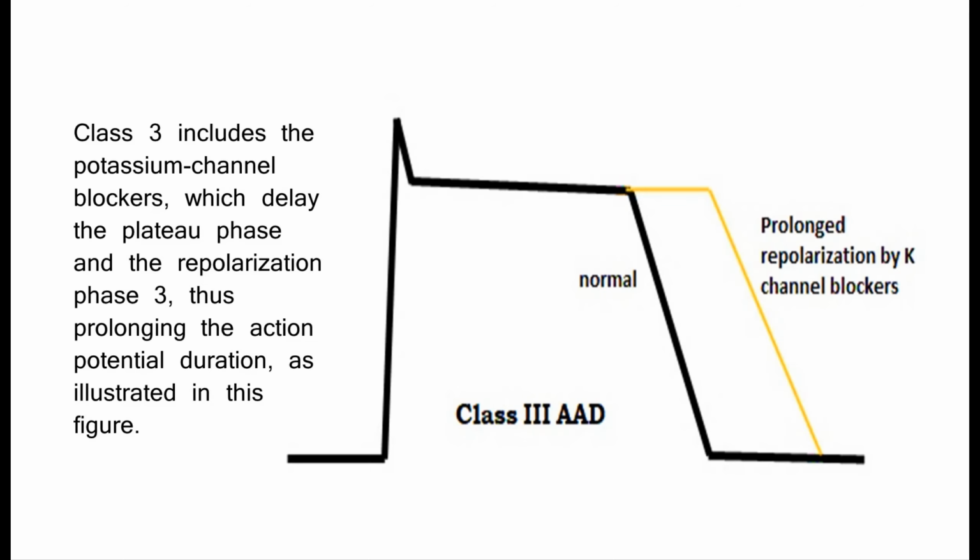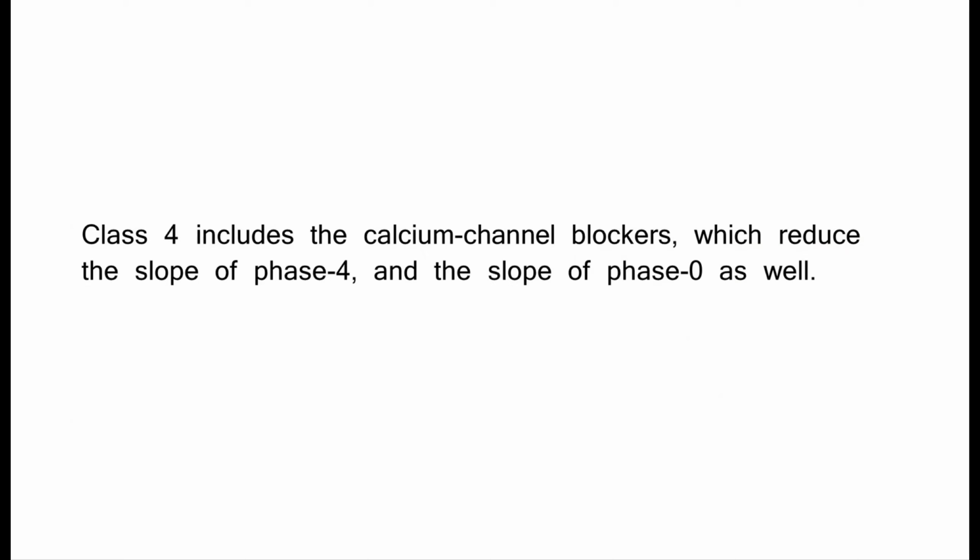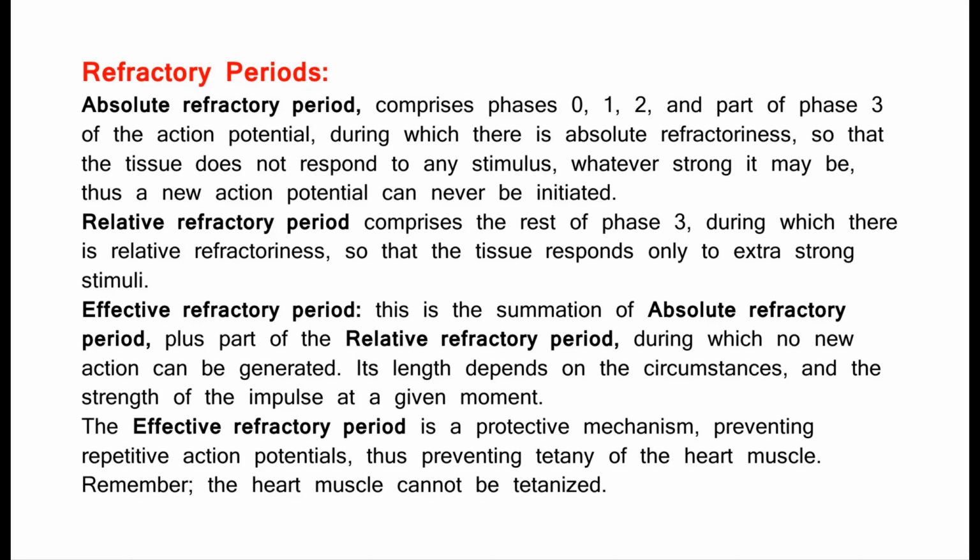Class 3 includes the potassium channel blockers, which delay the plateau phase and the repolarization phase 3, thus prolonging the action potential duration, as illustrated in this figure. Class 4 includes the calcium channel blockers, which reduce the slope of phase 4, and the slope of phase 0 as well. Refractory periods. Absolute refractory period comprises phases 0, 1, 2, and part of phase 3 of the action